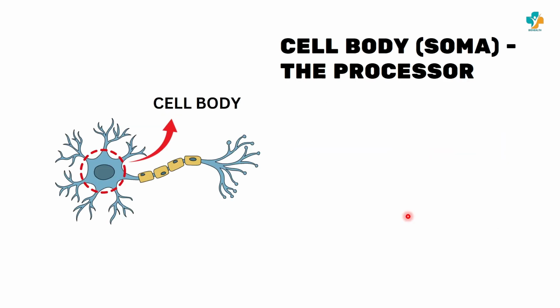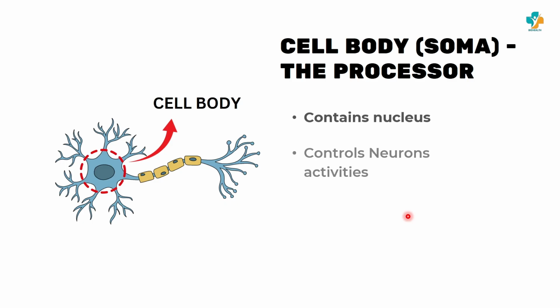The second part is the cell body. The cell body, or soma, is like the neuron's brain. It contains the nucleus, which manages all cell functions. Here, signals from the dendrites are processed and evaluated. If the message is strong enough, the cell body decides to send it forward to the next part, the axon. Once the decision is made, the message leaves the cell body and travels down the long pathway,